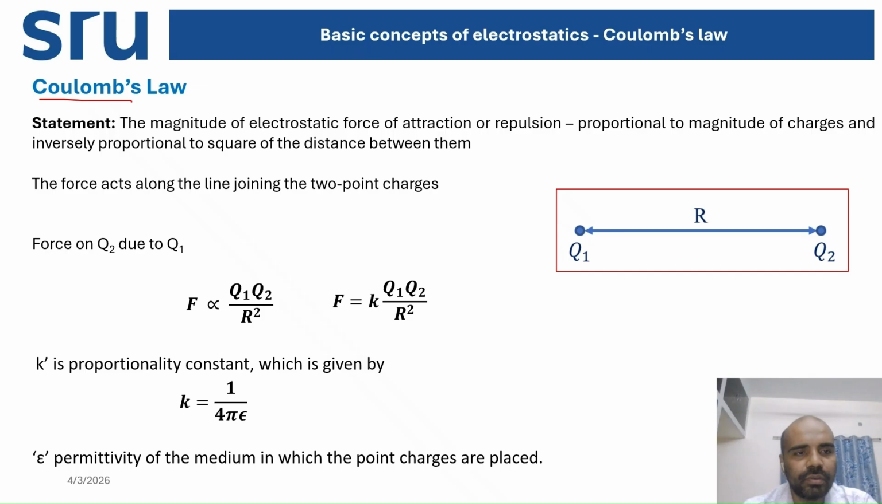So we will go through the statement of Coulomb's law. If two point charges are separated by a linear distance, so this is a point charge Q1 and this is another point charge Q2. So if two point charges Q1 and Q2 are separated by a linear distance r,